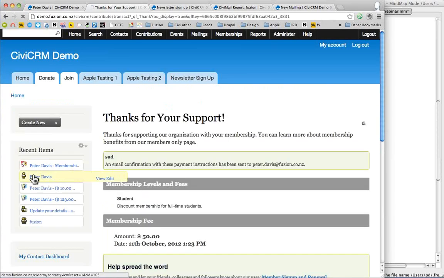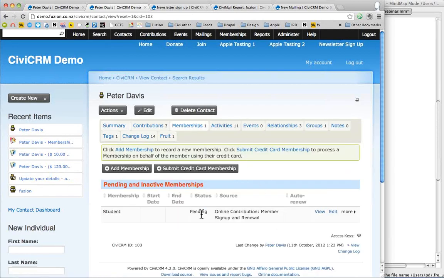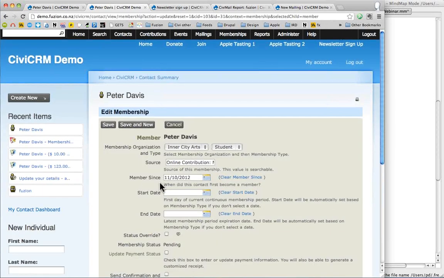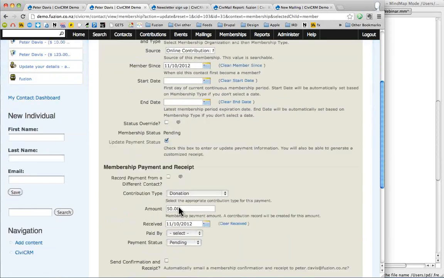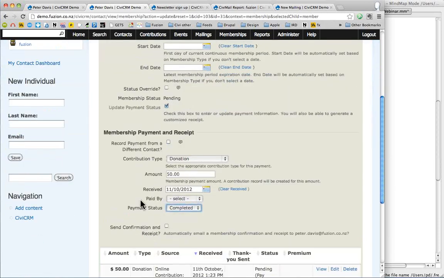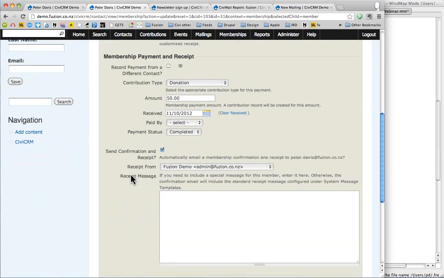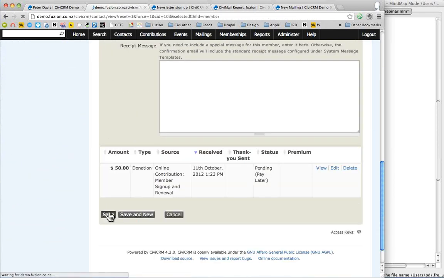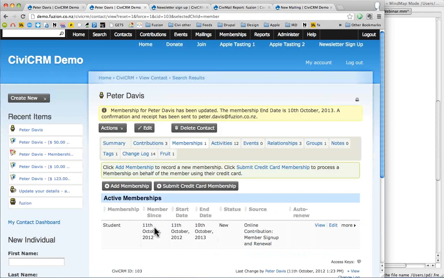So if I confirm the contribution on my record now, you'll see that I've now got one membership. Because I didn't pay online, it's set to pending, and so I can go in to edit this, and I can now specify that I want to update the payment status. I'm going to set it to completed. I can set to send the confirmation receipt and save that, and that will therefore give this contact a membership that you can see starts on the 11th